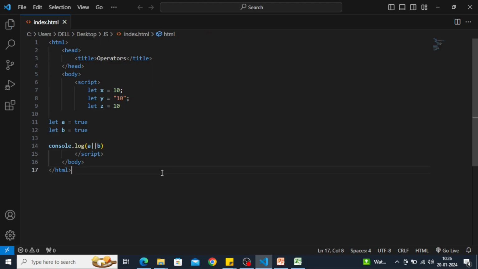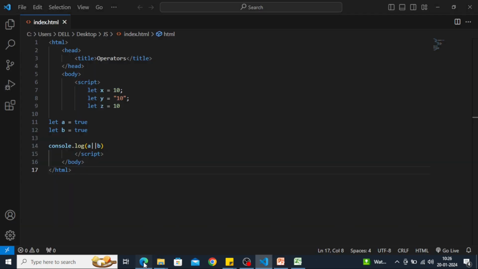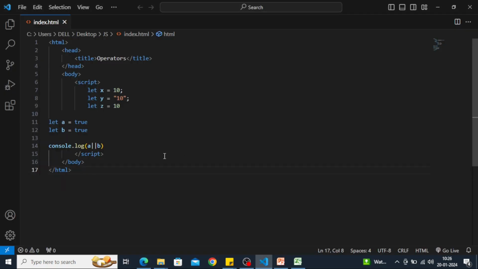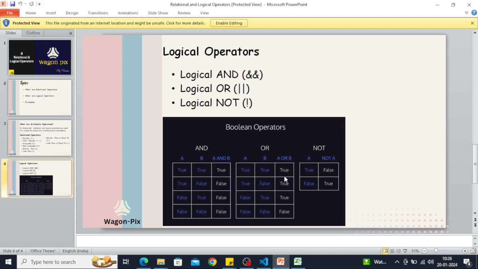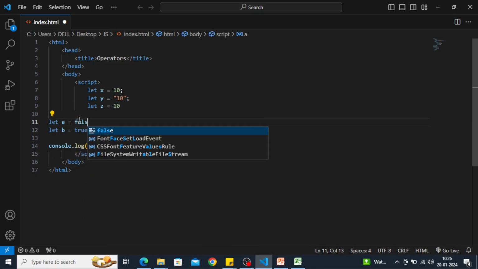So what will be the output? Yes, true or true will be true. So in what case is this false? It is false only if both the values are false. So if I make both the values false,